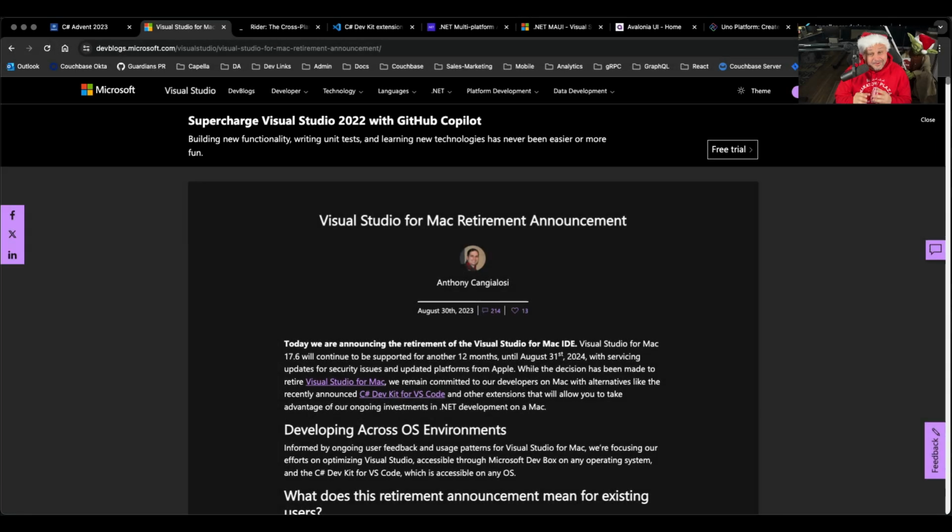To start out, Microsoft announced it's sunsetting support for Visual Studio for the Mac in 2024. This is a very large bummer for those developers that were using Visual Studio for Mac as their daily driver, and I kind of used it almost on a daily basis. I have fond memories over the years of the IDE. I've been using it back even when it was called Monodevelop, went through the Xamarin Studio phase, obviously now over